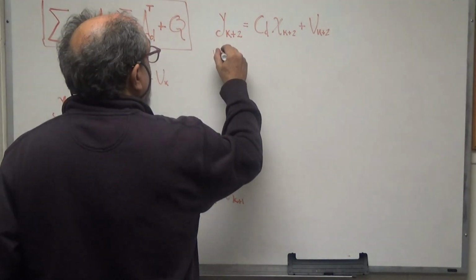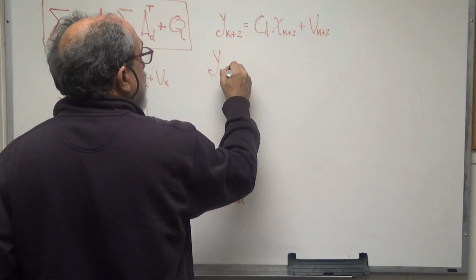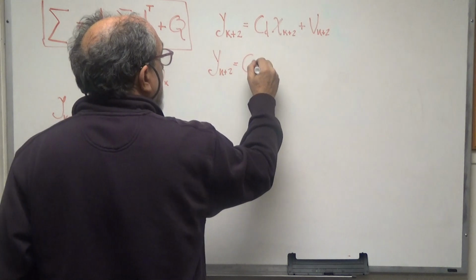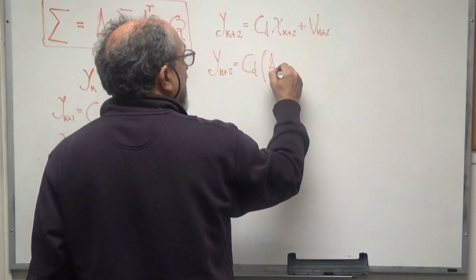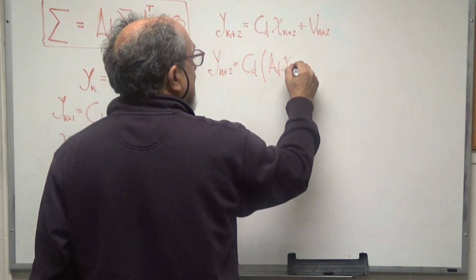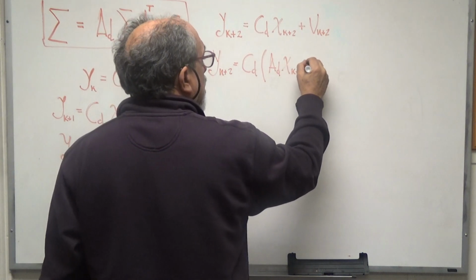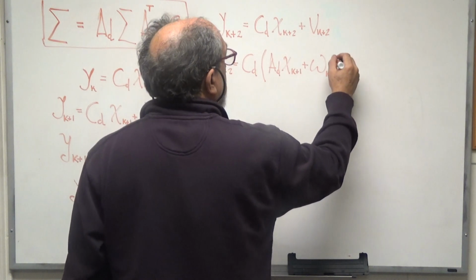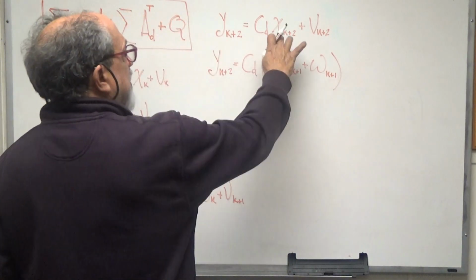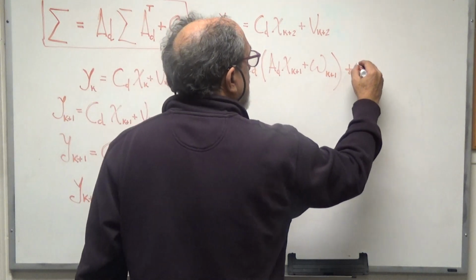But that means that y at k plus 2 is equal to CD times x at k plus 2, which is AD times x at k plus 1 plus omega at k plus 1, right? Plus v